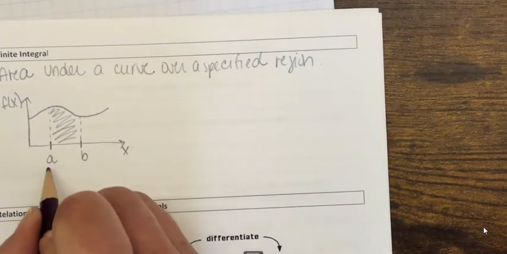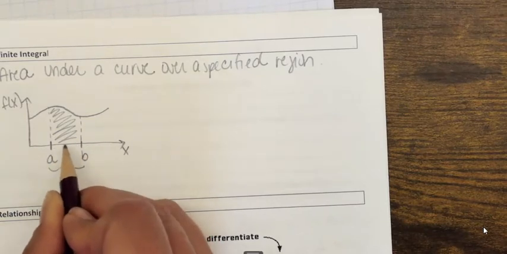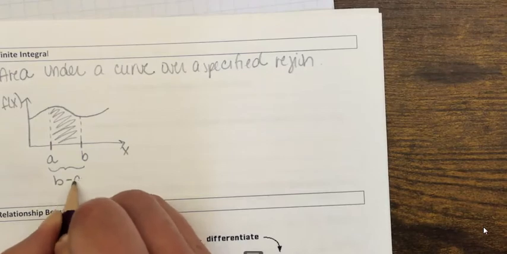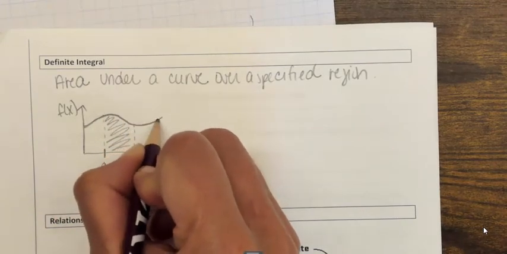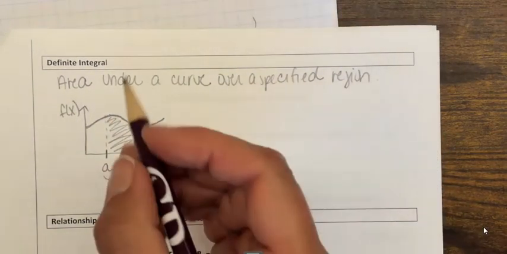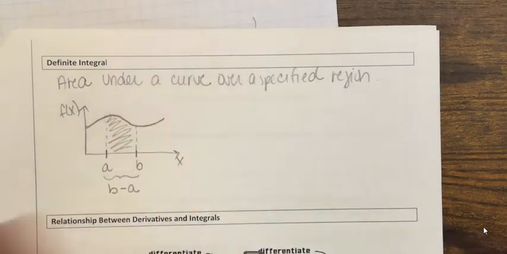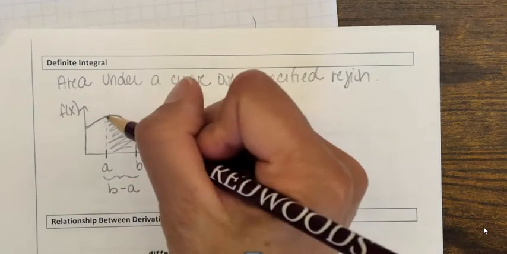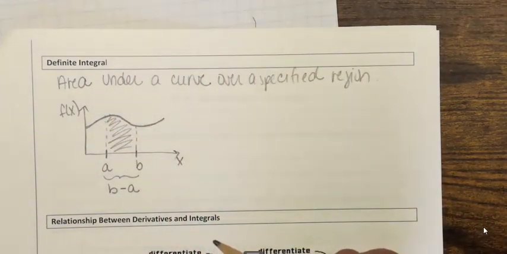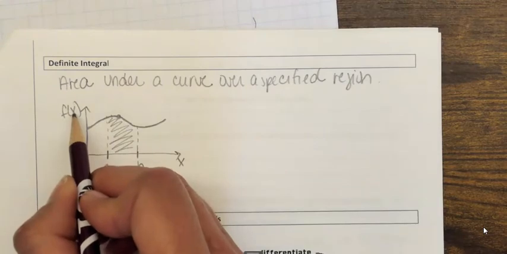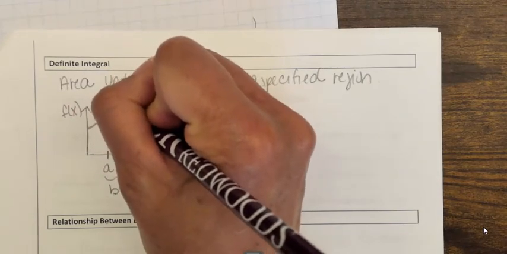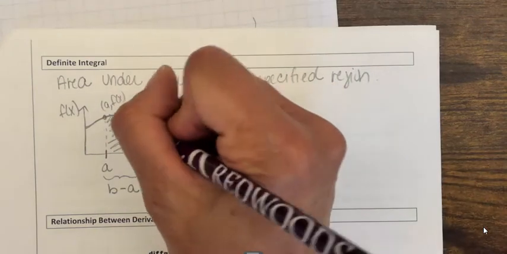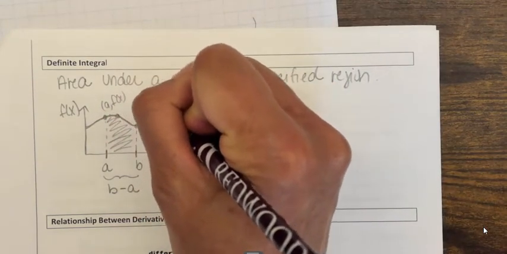So basically what we do is we take this length, and to find the length of the base here, we take b minus a. And then we multiply it by whatever the height of the function is, along multiple parts here, right? And so obviously the smaller you make these shapes, the more accurate this is going to be. So if I could actually make rectangles or squares in here, the more accurate this is going to be. But the height, no matter where I am, is always going to be whatever f of x is, right? So this point here is f of x. F of x is varying, right? Because when we get to b, the height is still f of x,